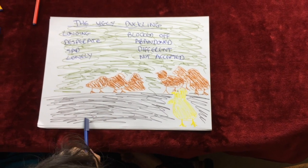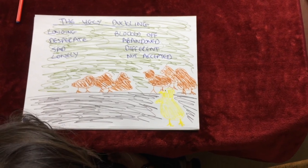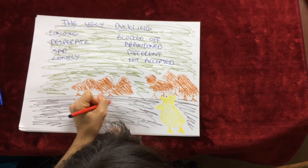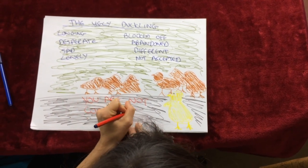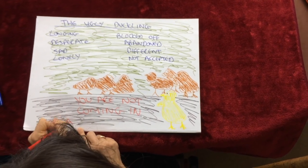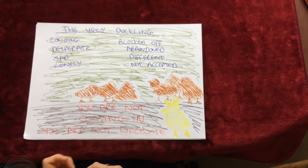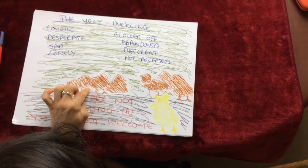So the wall, if the wall had a voice, it's saying you're not coming in, you're not welcome. Okay, what colour would we use for that? That would be red. And this feels massive. Yeah, you're not coming in, you are not welcome. Oh, I can feel the power of that. So the birds, these birds,